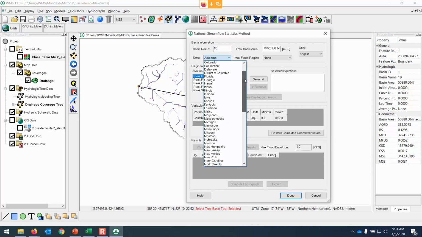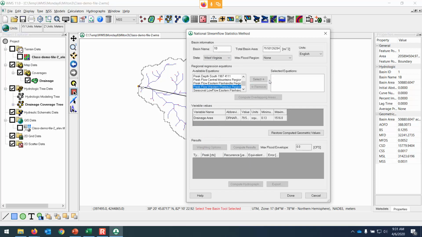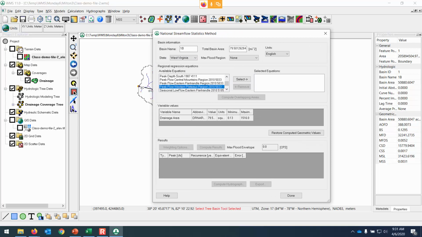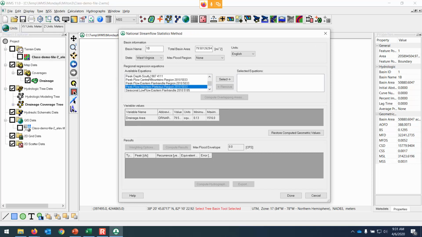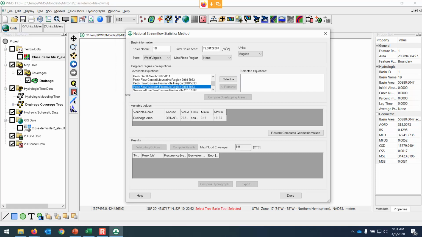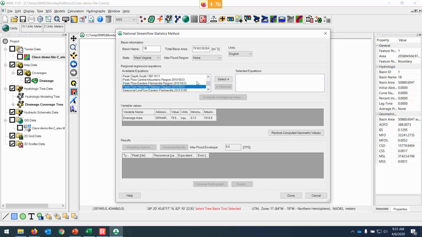So we'll scroll down and find West Virginia in the list. Oops, that has what I was looking at before. If you can't quite see all of the text, you can make the window a little bit wider by dragging on the side of the box, and now we can see the full name